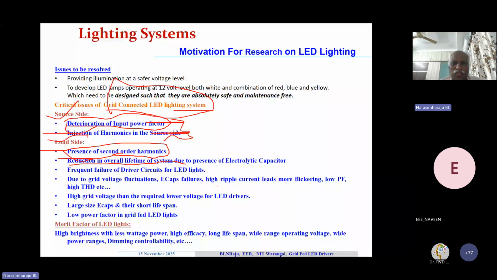So there are some issues. Because when you are providing this higher grid voltage to the lower operating voltage of these LED drivers, that is another issue in designing an effective circuit with the most compact size. And generally these electrolytic capacitors, their size is quite high,